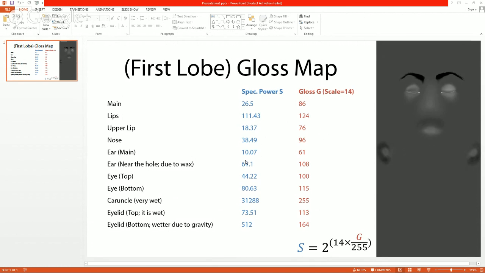So you might want to go, okay, so we have this very wet area here, and that uses this value, so we're going to paint that into the map to simulate tears streaming down the face or what have you. But it's about understanding what those values represent, and once you understand that, you can very quickly paint your maps and iterate changes